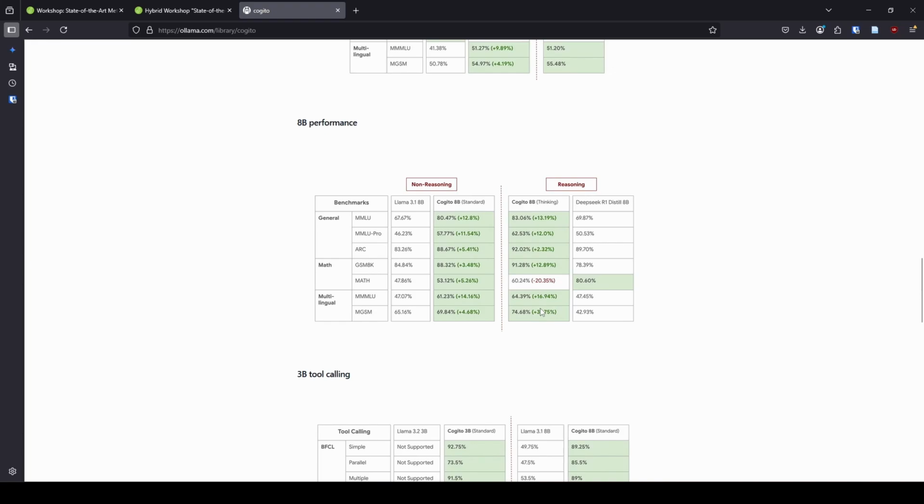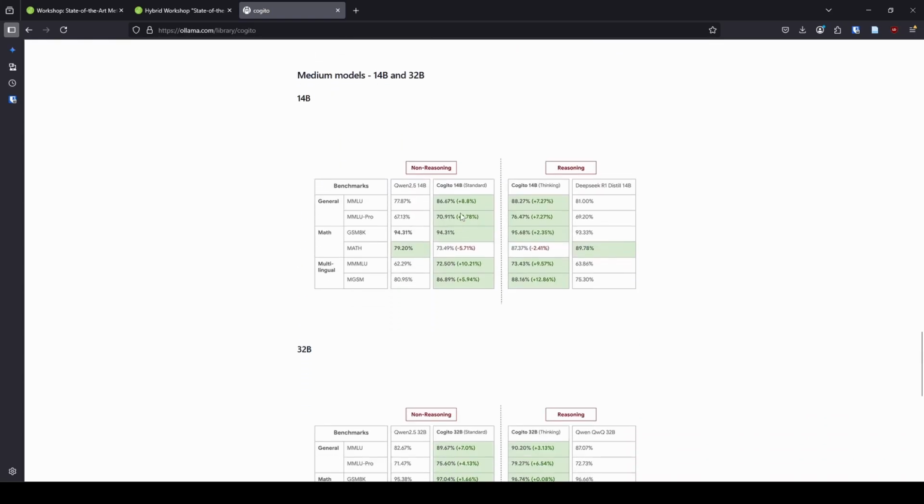Now, to me, the biggest thing that I noticed is there's not a huge jump between the standard and the reasoning model. That was one reason why I was intrigued by this, because I thought, well, if there's not that big of a difference, I don't think I need to use the reasoning. And so far I haven't. But then when I scrolled down, I also saw that the 14 billion parameter model was actually pretty darn good as well.